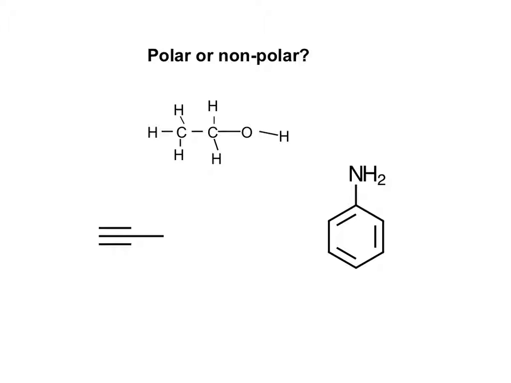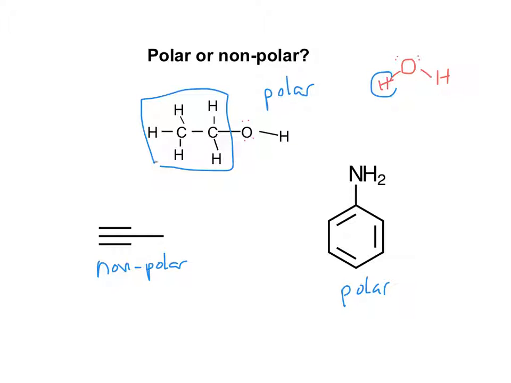So stop the video and determine whether these compounds are polar or nonpolar. So here are the answers. So remember, water is polar because of its bent shape at the oxygen. The oxygen in ethanol also has a bent shape. So if we replace the H by this group here, it still makes that oxygen bent, and that makes ethanol